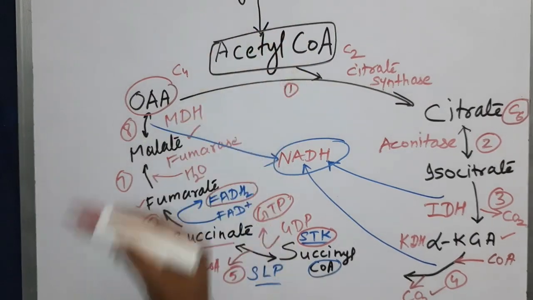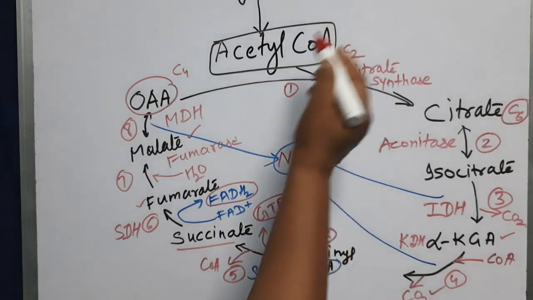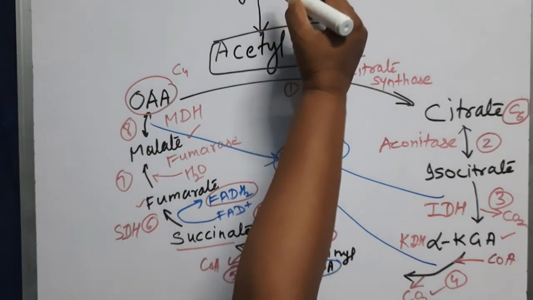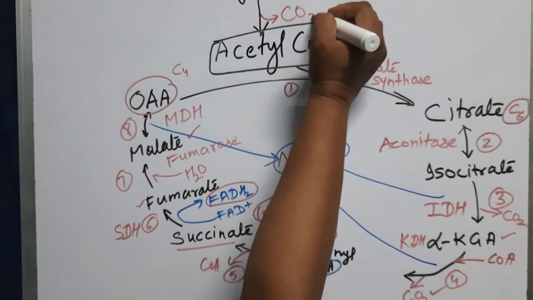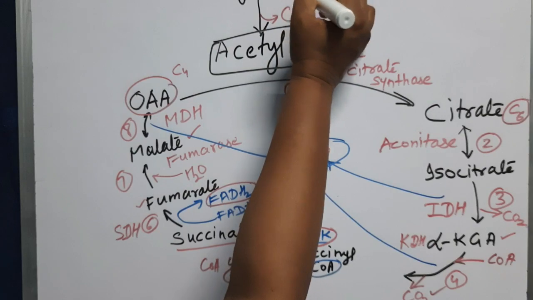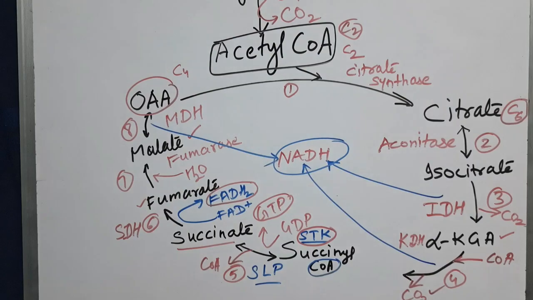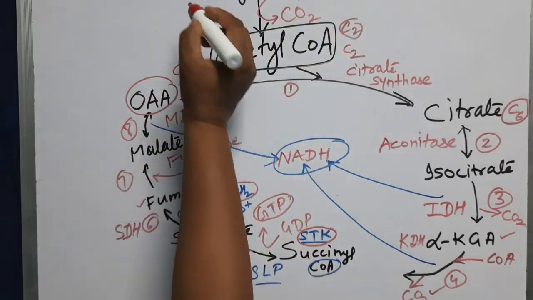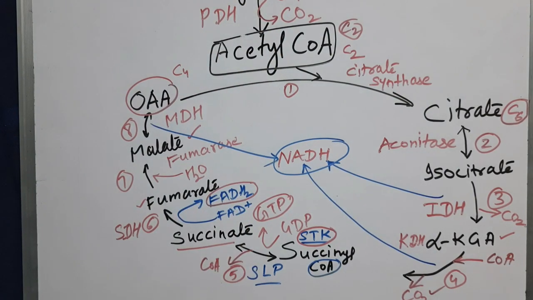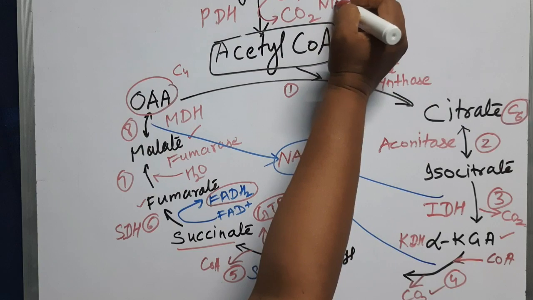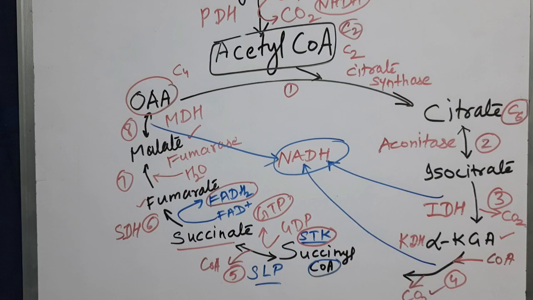Here I am not showing pyruvate to acetyl-CoA conversion, because acetyl-CoA comes not only from carbohydrates, it also comes from proteins and lipids. In brief, you can just see here, one CO2 is released, one CoA is added. So this has 3 carbons, this has 2 carbons, because 1 carbon dioxide is released. The enzyme here is pyruvate dehydrogenase, which is a multi-enzyme complex, and here also one NADH is formed in this step.